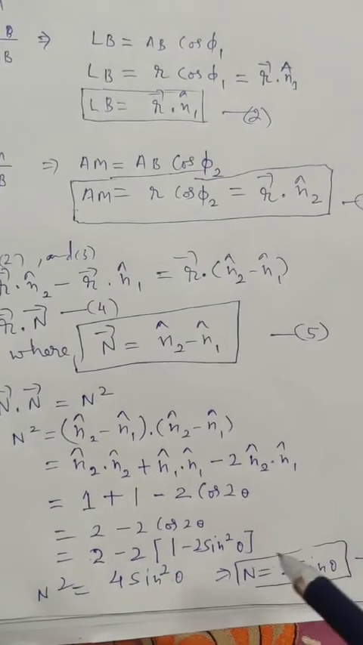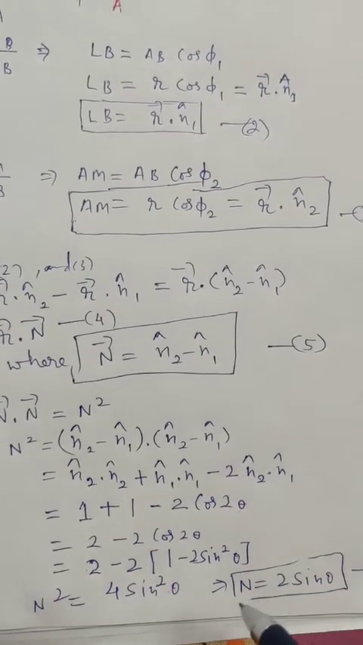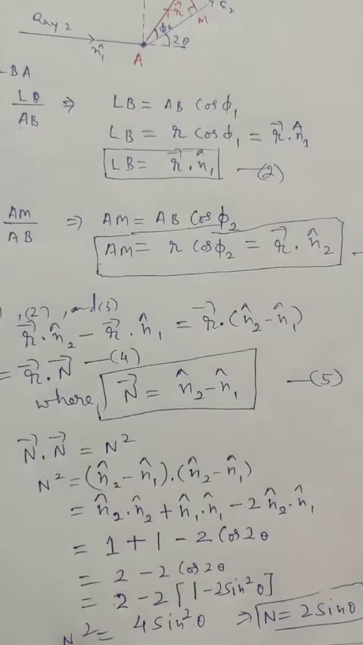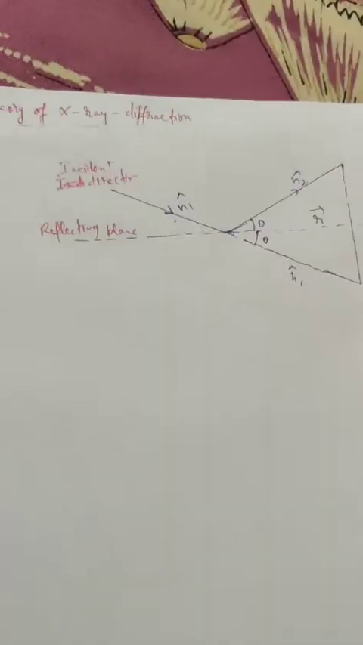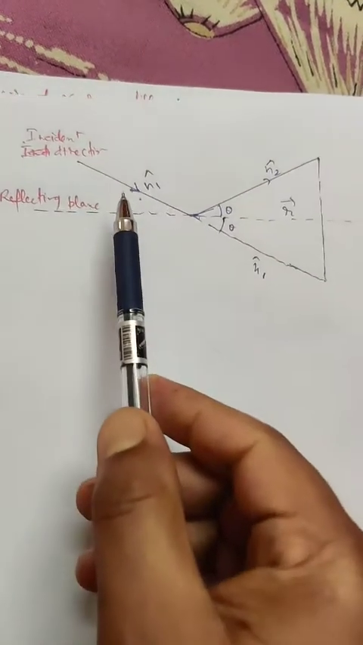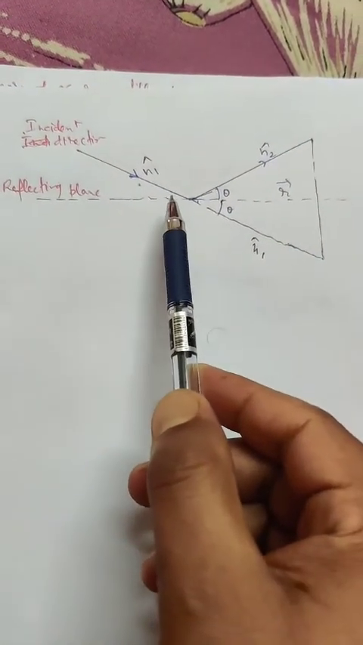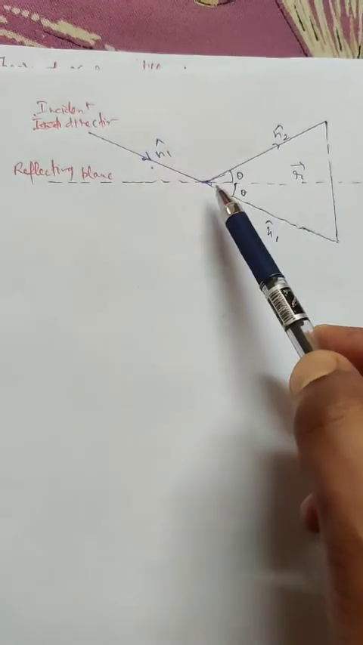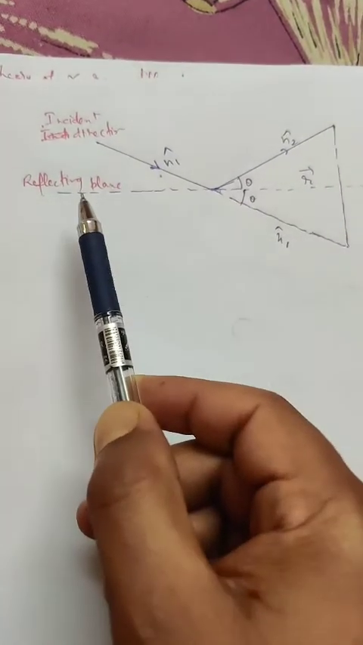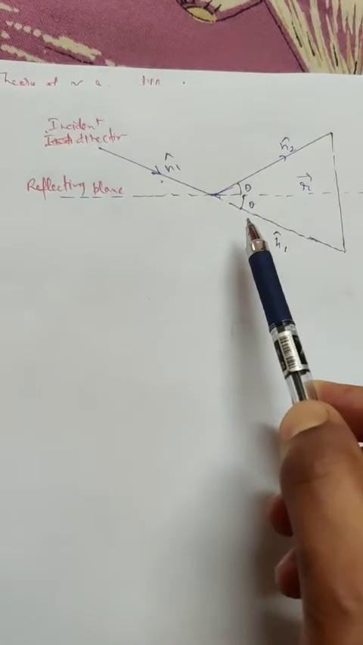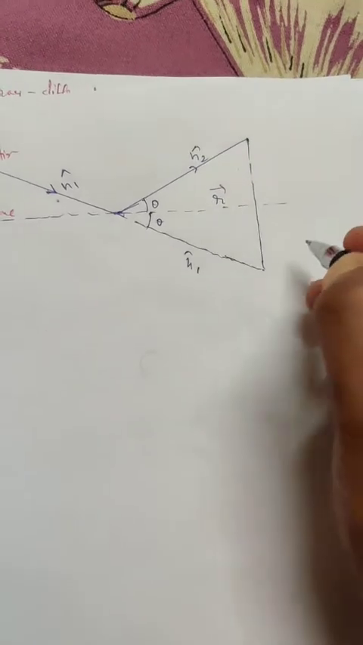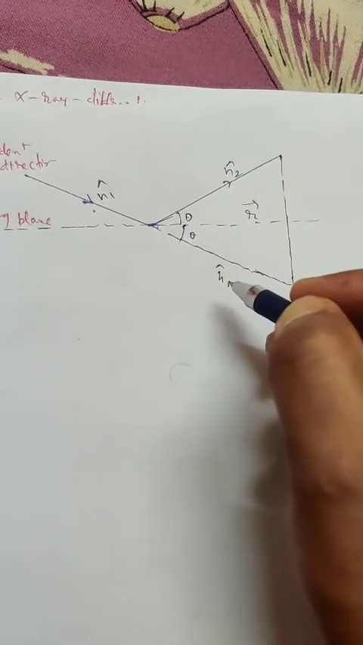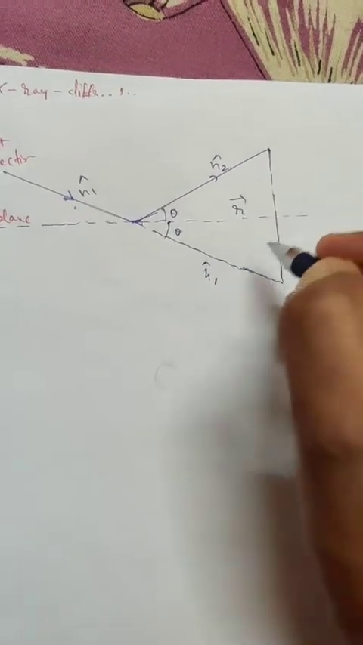So this can also be described by using your diagram, this particular diagram. Let us discuss. This is the incident direction, the n1 unit vector, and this is your scattered wave X-ray. This is your reflecting plane. So what is the angle? This is 2 theta. So what we have discussed, n2 minus n1, this is n1,